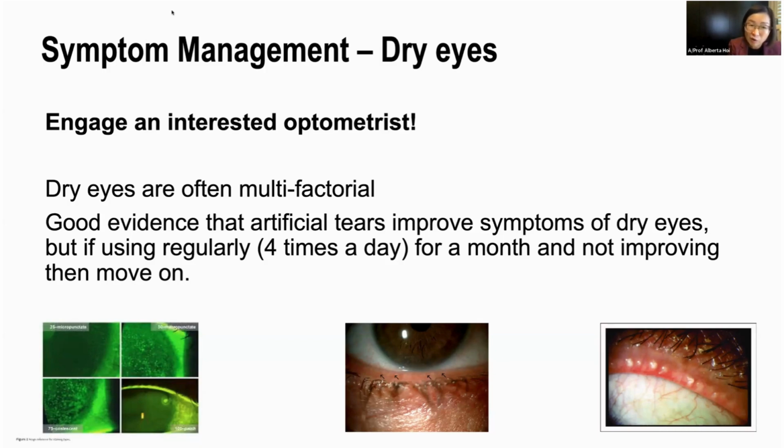So starting with dry eyes, for example. Again, as I said, sometimes people are more affected and other people, this is not a big feature for them. And it's also really important to keep in mind that dry eyes is often very multifactorial. So even if you have a definite diagnosis of Sjogren's, there are other factors that sometimes contribute to how you feel.